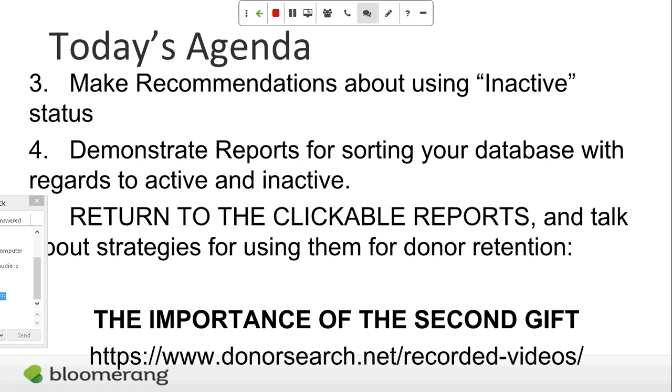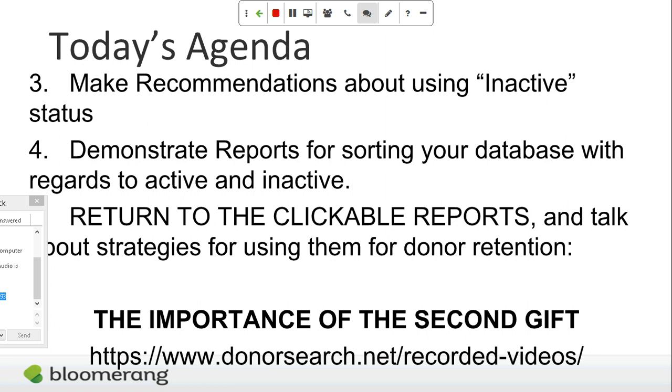And a lot of what we're going to be talking about today is using the donor retention wheel to identify your one-time donors who have suddenly gone from somebody who's given in the last year to somebody who hasn't given in over a year, and turning those into repeat donors. The big mantra here at Bloomerang is donor retention, and part of what Jay talks about in this session is that incredible